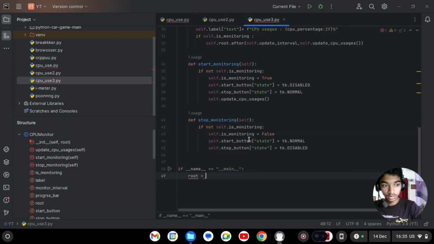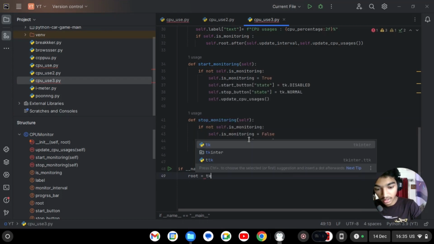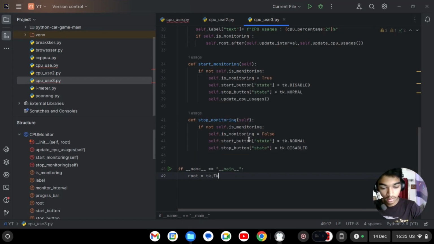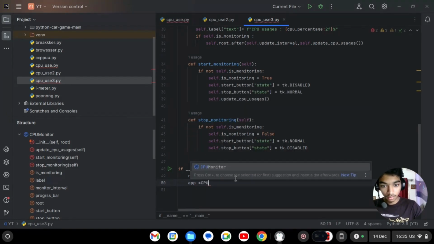Root equal tk.Tk. I think the k will be in lowercase. App equal CPUMonitor